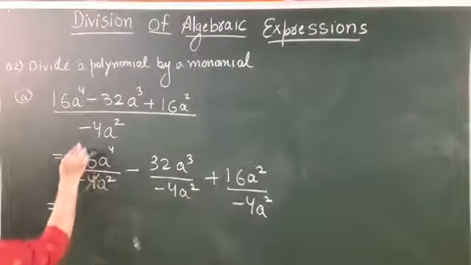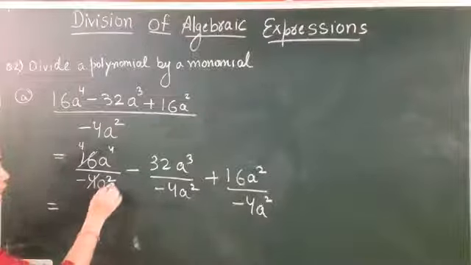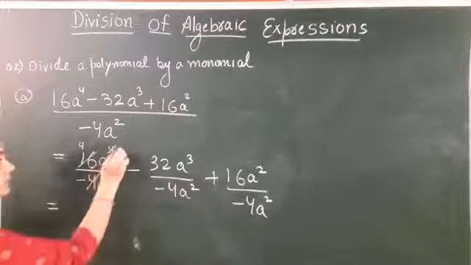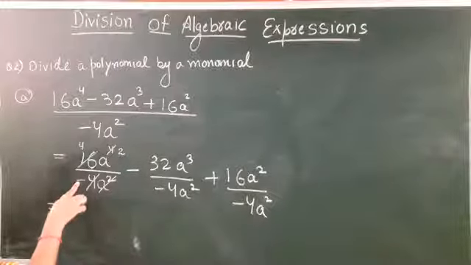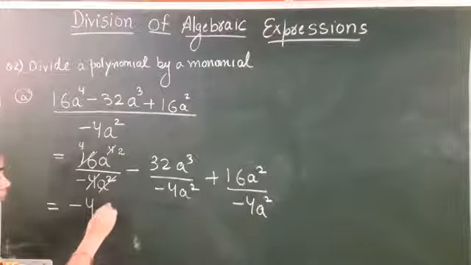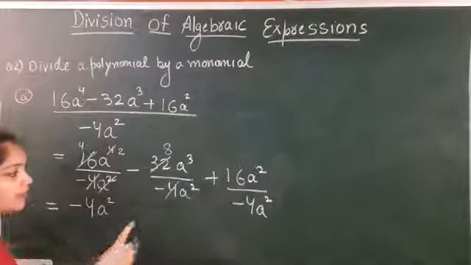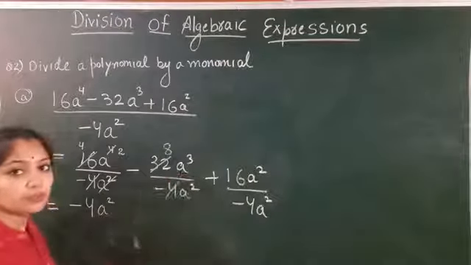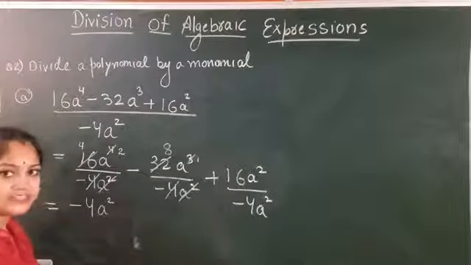So 4 4s are 16 and here you have a², here you have a raised to power 4. तो यहाँ 2 बार जो a है ये 2a को काट देंगे तो 4 में से 2a कट जाएंगे, सिर्फ 2 ही बचेंगे, right? So negative is also there in the denominator, so this term will be negative 4 and then a². Now next term, 4 8s are 32. Here you have a², यहाँ आपके पास 2a है and here you have a³, 3 बार a है, तो 2a से 2a कट जाएंगे और सिर्फ एक ही a बचेगा, right?